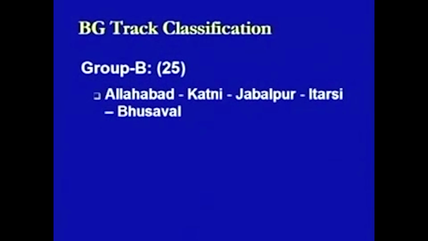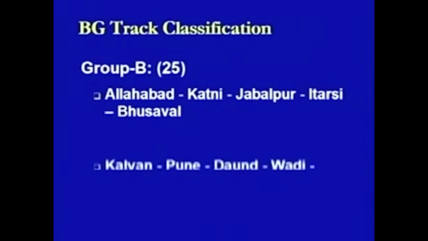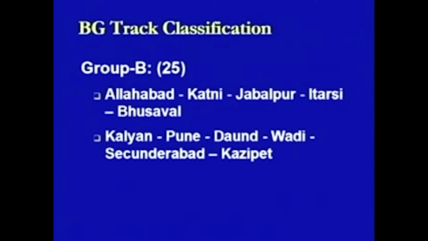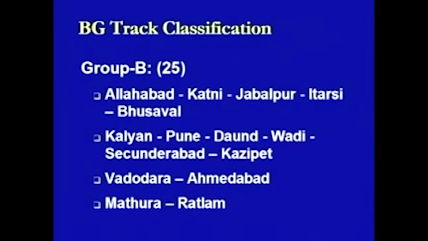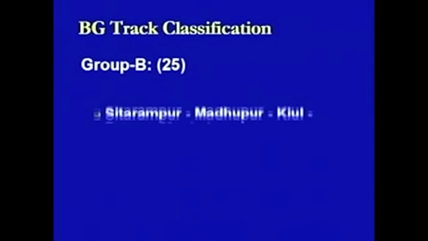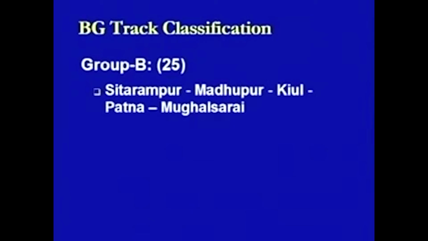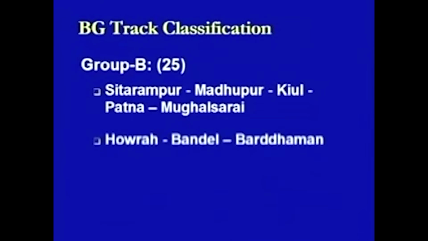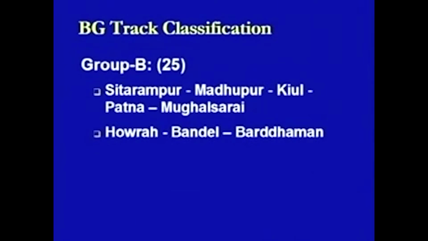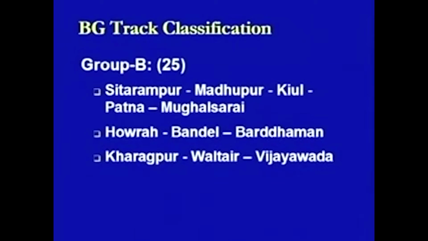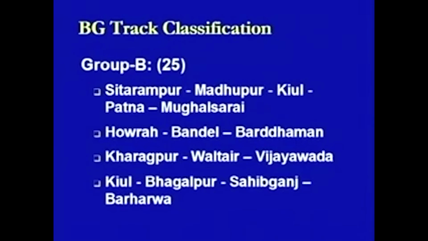Then in the case of group B, we have 25 such rail sections. They are Allahabad to Bhusawal via Jabalpur, Kalyan to Kazipet via Daund and Pune, Vadodara to Ahmedabad, Mathura to Ratlam, then Sitarampur to Mughalsarai via Patna, Howrah to Bardhaman via Bandel, Kharagpur to Vijayawada via Waltair, Kale to Badhawa via Sahibganj,